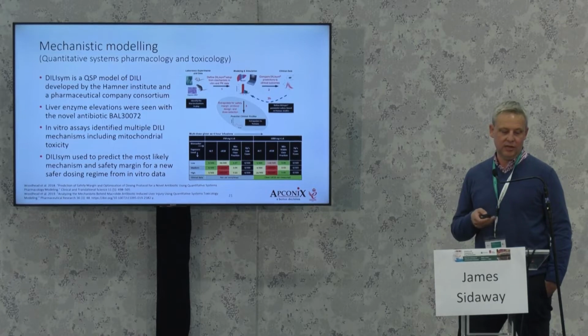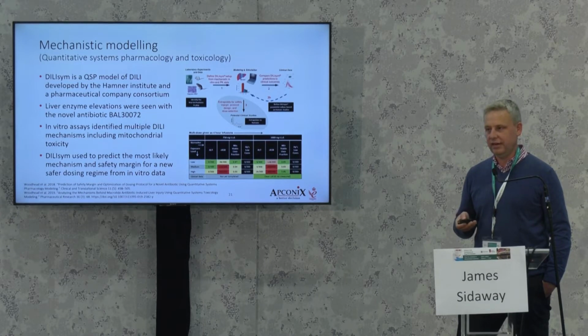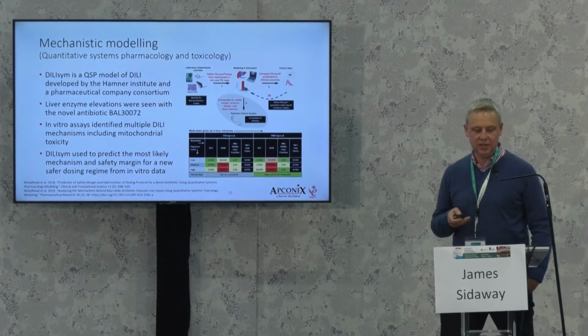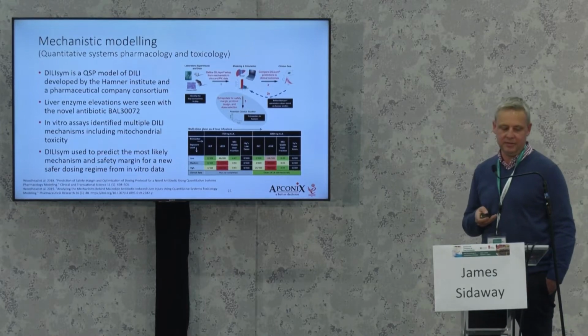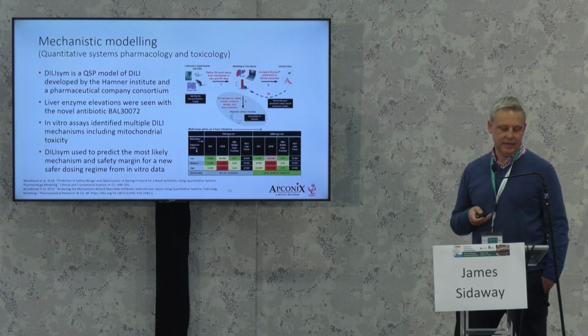So this whole area of quantitative systems pharmacology and toxicology is a real growing area. There's models being developed for various types of organ toxicity. This is one of the earliest examples to come out, DILI-SIM. So this is a model of drug-induced liver injury, DILI, that was developed by the Hamner Institute and a pharmaceutical company consortium. And in the example shown here,